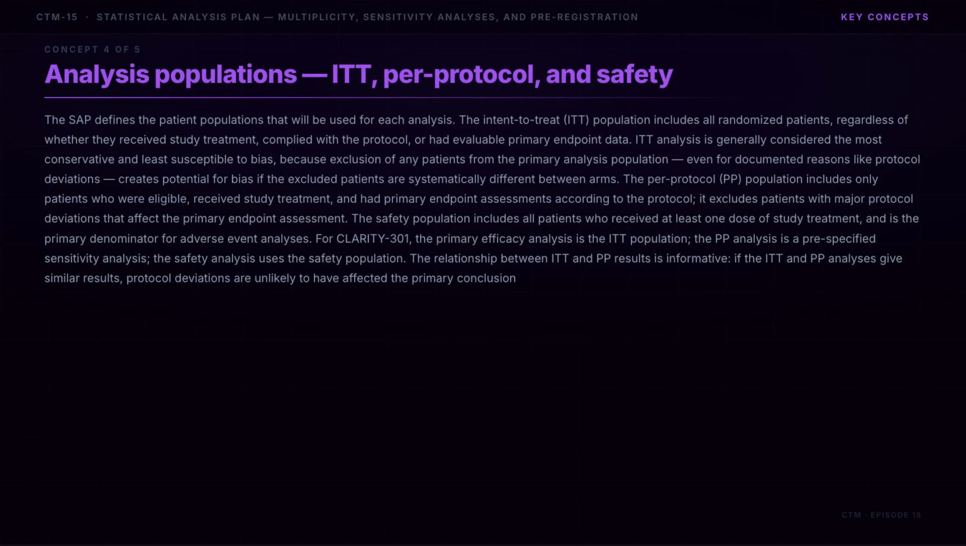Analysis populations, ITT, per protocol, and safety. The SAP defines the patient populations that will be used for each analysis. The intent-to-treat (ITT) population includes all randomized patients, regardless of whether they received study treatment, complied with the protocol, or had evaluable primary endpoint data. ITT analysis is generally considered the most conservative and least susceptible to bias, because exclusion of any patients from the primary analysis population, even for documented reasons like protocol deviations, creates potential for bias if the excluded patients are systematically